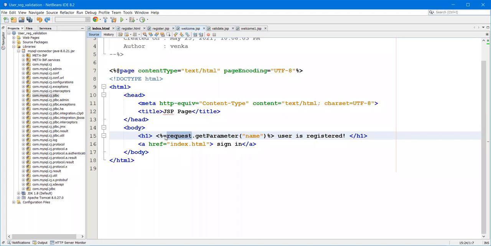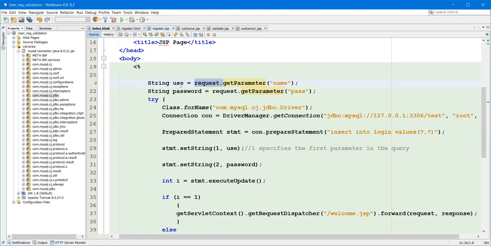Here also we are not writing any servlet program, and we are not writing PrintWriter out equal to getWriter stream. That method is also not written. These are some of the benefits of JSP when compared with servlet.